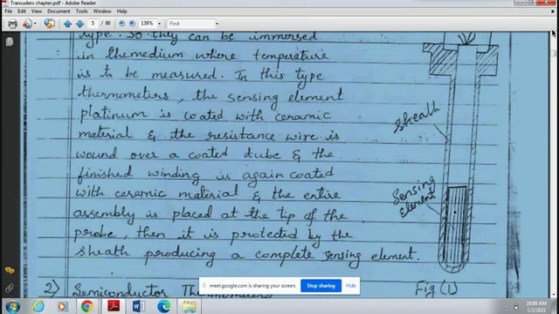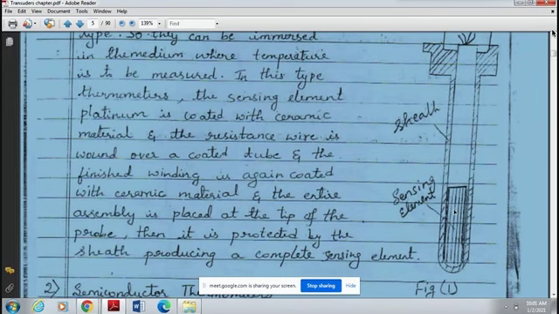I told you that in a resistance temperature detector, to determine temperatures, we use platinum because it has high resistivity, it can withstand higher temperatures, and it also has good stability, that is, it can withstand changes in the temperature. So this sensing element usually will be placed at the tip of the probe, wound with a resistance wire, and that resistance wire will be coated with the ceramic, and that entire